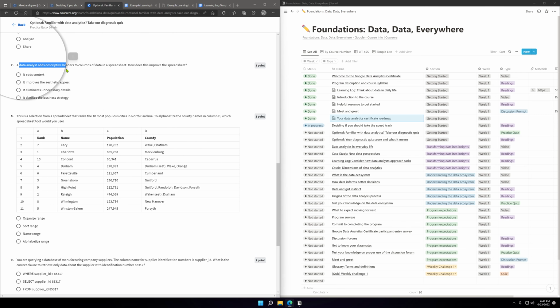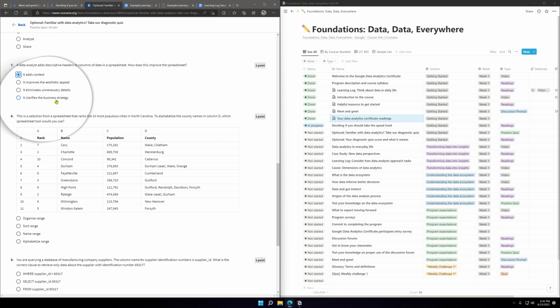Number 7, a data analyst adds descriptive headers to columns of data in a spreadsheet. How does this improve the spreadsheet? It adds context. I hope this is not the right answer. I kind of laugh at it. Eliminates unnecessary details. That really doesn't make too much sense.